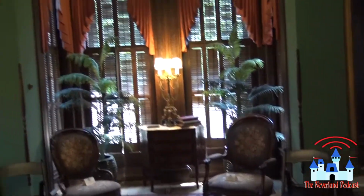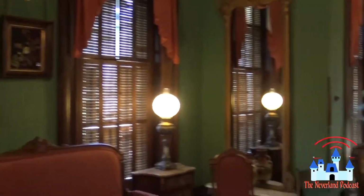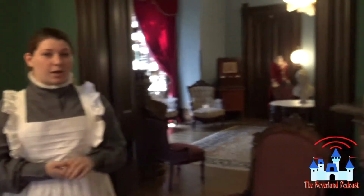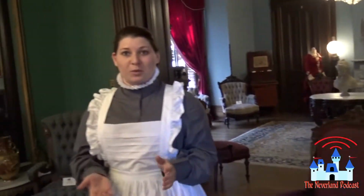So this is the gentleman's withdrawing room, or the gentleman's parlor, depending on how you like to call it. It's painted green because Colonel Vaile's favorite color is green. Colonel is an honorary title. He was not in the military. A couple of the key points in this particular room are the American chocolate marble fireplace. There are two in the home. It has a little bit more masculine feel than many of the others, so you'll only see them generally in